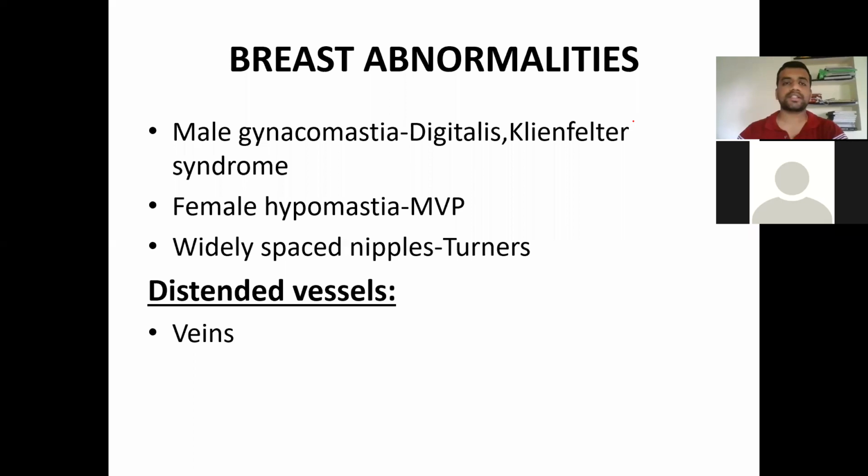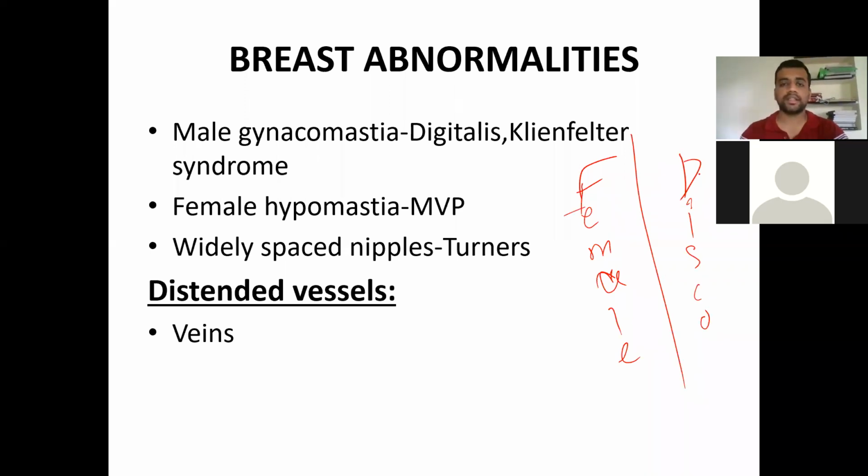Breast abnormalities are there, like as we said, that day we have got gynecomastia. Again, that day we discussed the mnemonics. We put a mnemonic for the drugs. In that, cardiac drugs are digitalis, and we have one more, spironolactone. Spironolactone is used as a diuretic. So we have these two drugs which are of cardiovascular importance. If the patient has gynecomastia, you should look for the presence of digitalis and spironolactone.